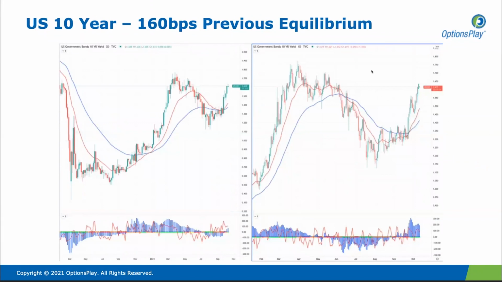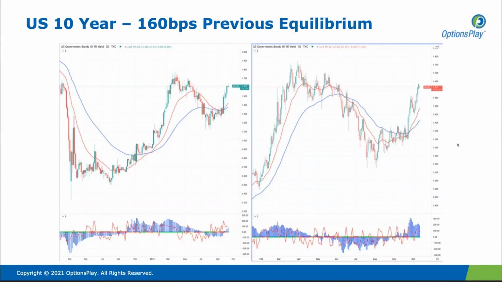When we look at the bond markets and at yields, we see this approaching 165 basis points, which is largely the equilibrium that we were trading in for months prior to yields declining during the summer or so. So we're back towards the equilibrium price that we were around in terms of yields since the beginning of the year. If you put that into context, markets didn't sell off when we were at 160, 170 basis points previously.